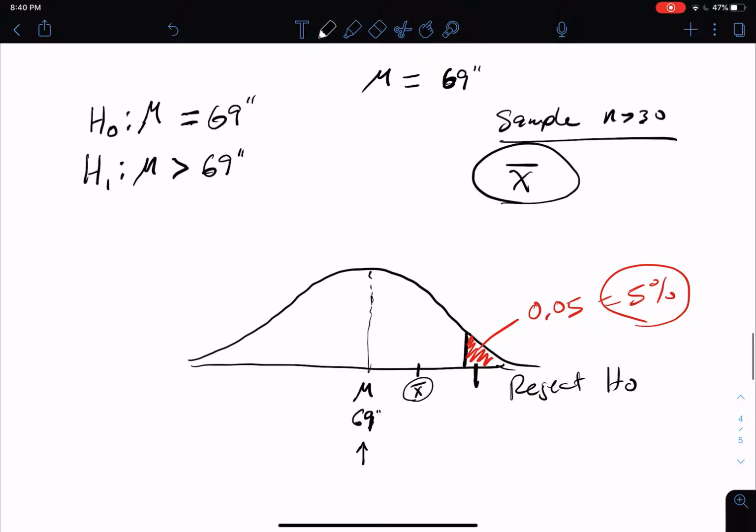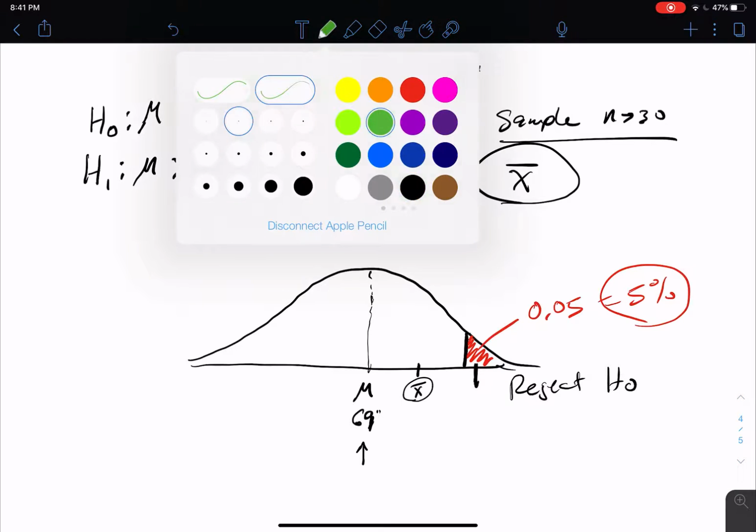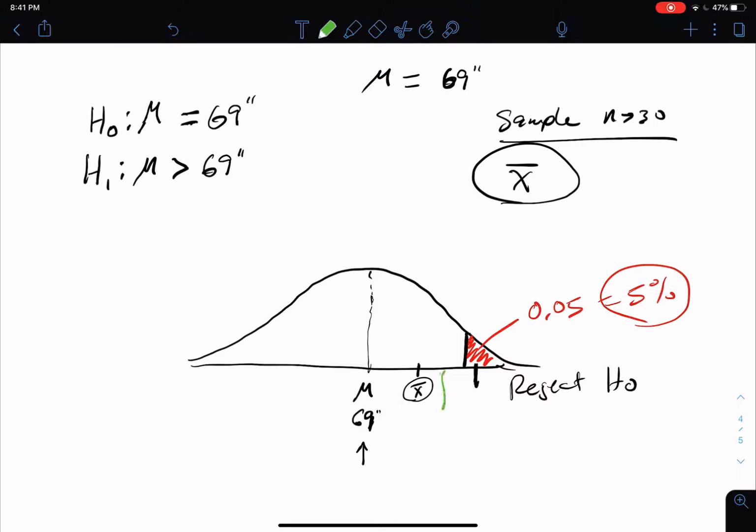So, this is our cutoff right here. If our test statistic ended up being, let's say, not in our cutoff red unusual zone, then we'd say, okay, we're not going to reject